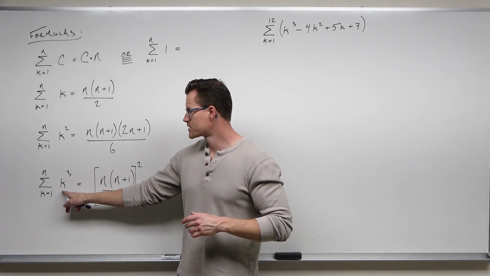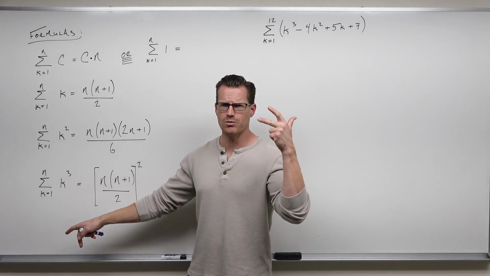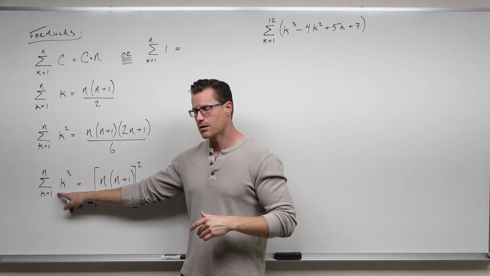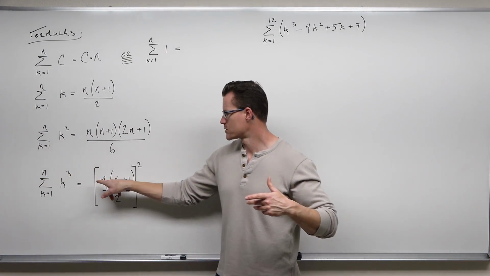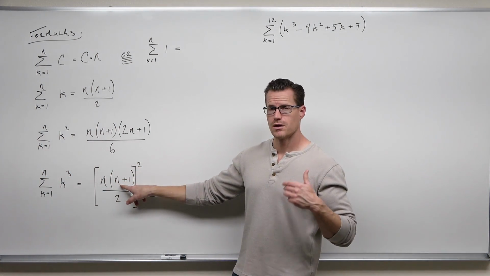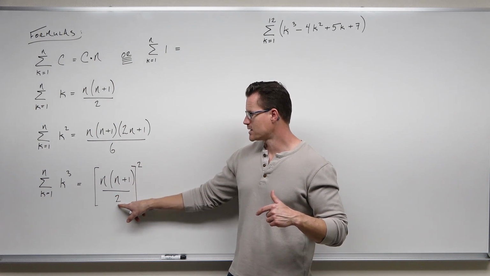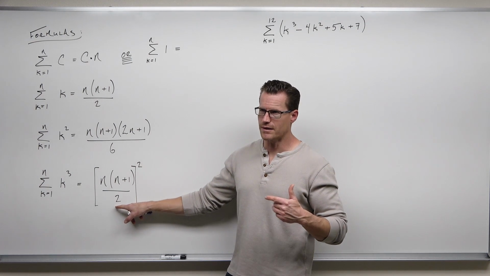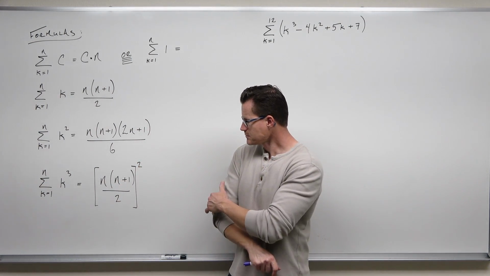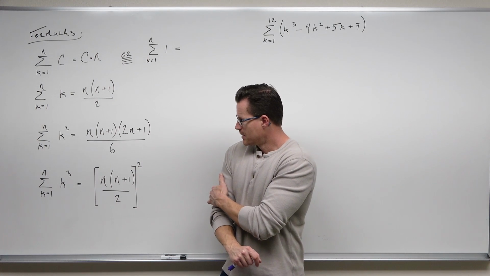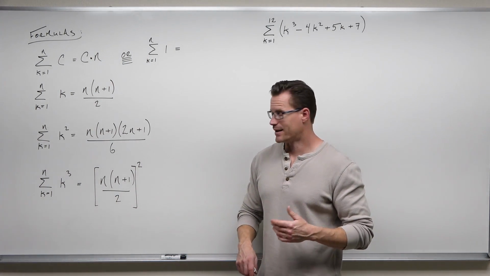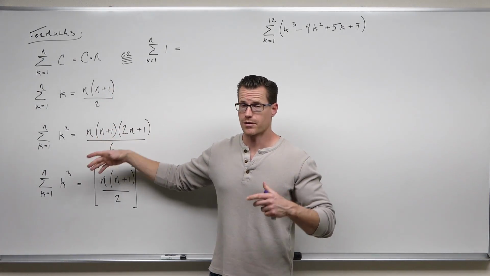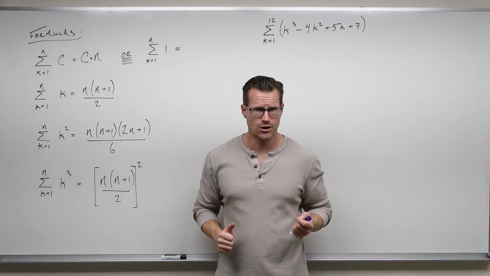If this was 1 to 12, you'd add up 1 cubed, 2 cubed, 3 cubed, 4 cubed, that's already big. 5, 6, 7, 8, 9, 10, 11, 12, all cubed, and you added them, we can do the same thing by taking the ending number, let's say 12. 12 times 13 divided by 2, 78, square, and then square that, whatever that is. Well, that's going to be pretty big. I can't do that in my head. I was trying, but that's a little outside my range. So this is what the formulas do and how they work. They'll add the terms of your series very quickly.